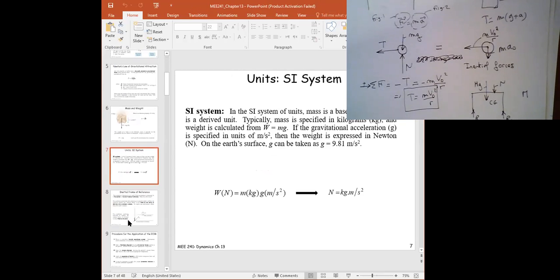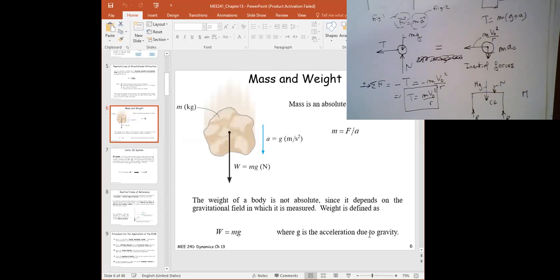Okay, I think these are all clear here. Sometimes in our textbook, weight is given to you in pounds, so you always have to divide it by 32.2 to continue your analysis. It's like if I give you the weight of an object in Newtons, how do you actually get the mass?